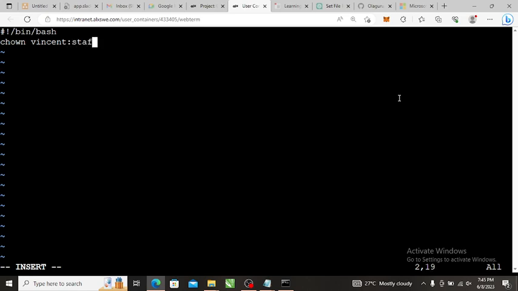So we will still do it like this because we don't want to use too many commands. We should have just chown Vincent for the file. Yeah, for all the files, I'll use a wildcard. So for all the files in this directory, use